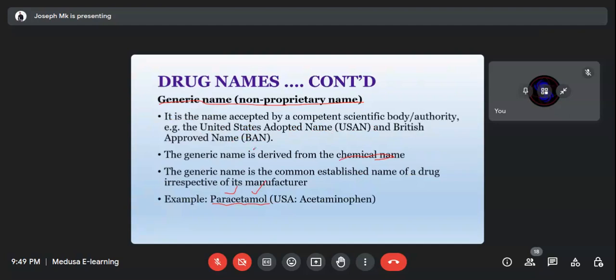So it's a name that is just accepted by the scientific authority as a common name that everyone should be using. But if you want, maybe for the sake of advertisement, that's when brand names come in to say, okay, we are going to call this one Panadol for us to be different from the others. But